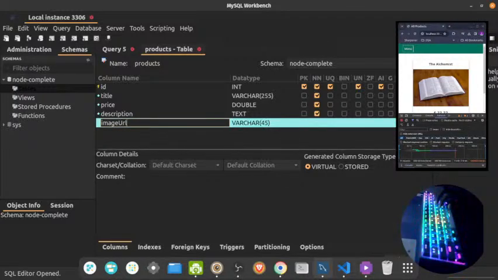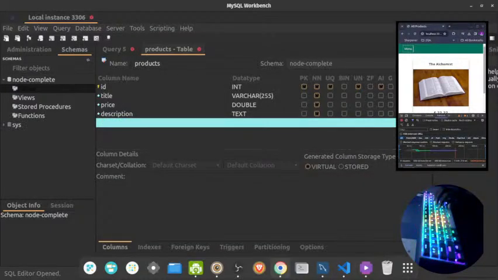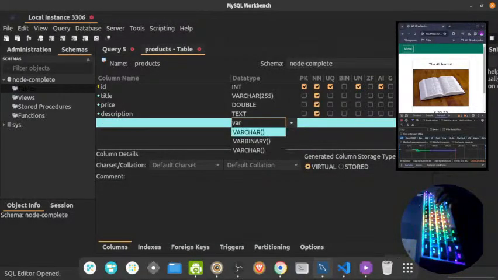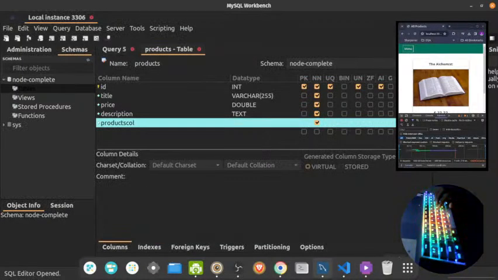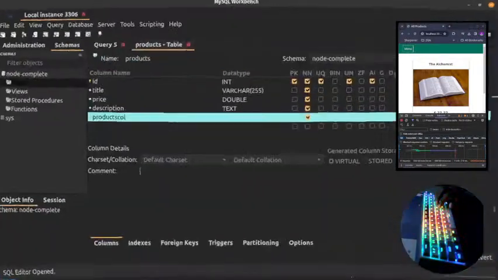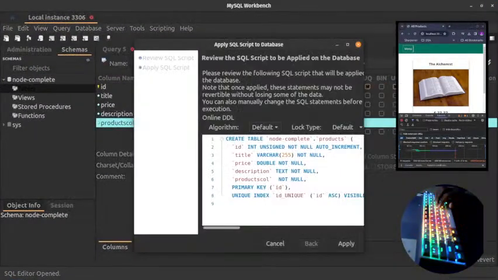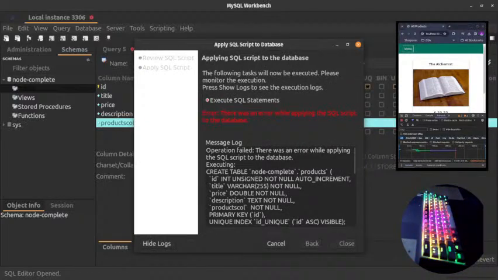With that, I defined how my product should look. You can leave everything else as it is, and then on the bottom right again, click on Apply here. It shows you the SQL statement it will execute, and you could execute this on your own, for example in Node, of course, to always create this new table. Here, we'll do it in the workbench, so click Apply, Close, and now on tables, you